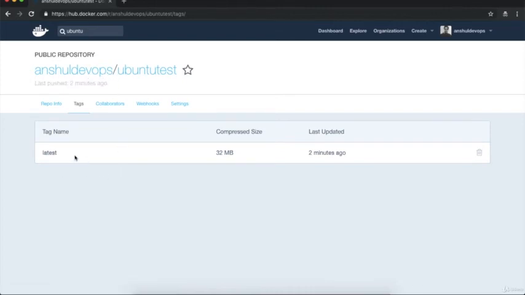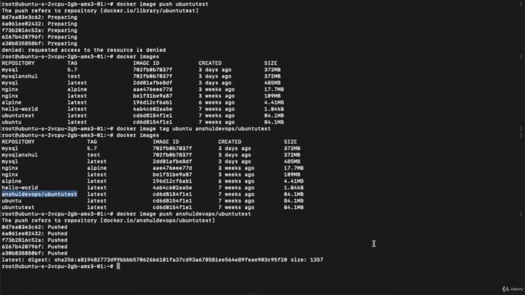Over here I'm getting the latest tag, but you can see at the time of upload I didn't provide any tag, so by default it took the latest one. Now suppose I change the tag of this particular image.